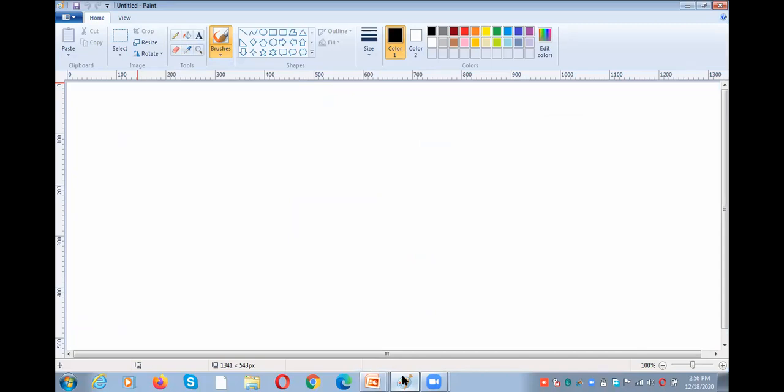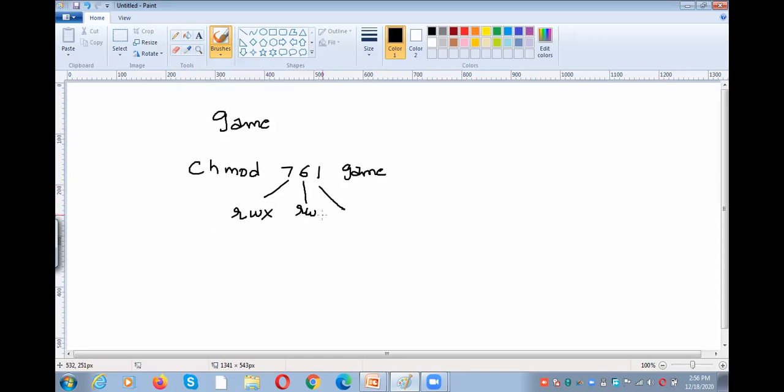In our example, there is a file called game. So earlier it was like this: chmod 761, and the file name is game. The first 7 indicates read, write, execute, and the second 6 indicates only read, write, no execute, and the third one indicates only execute.